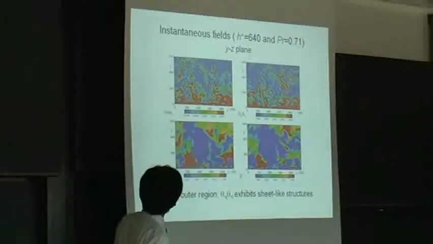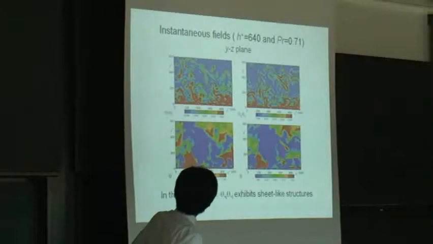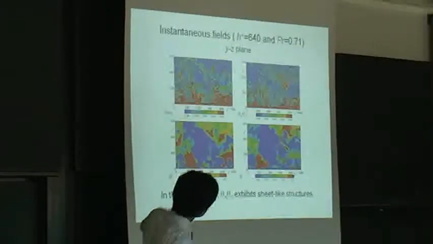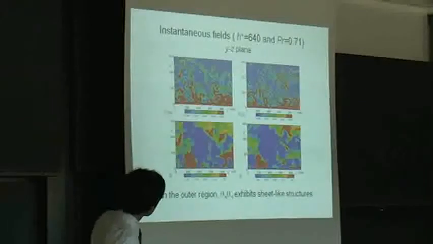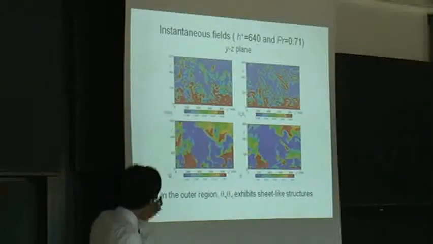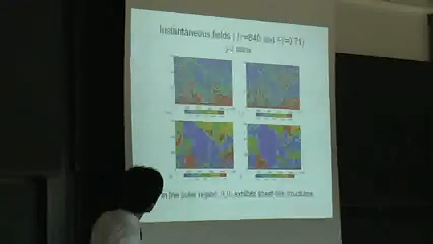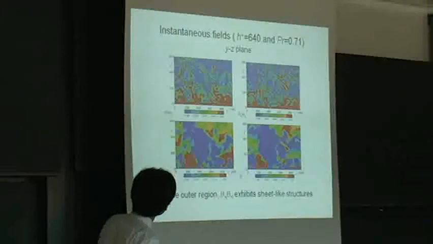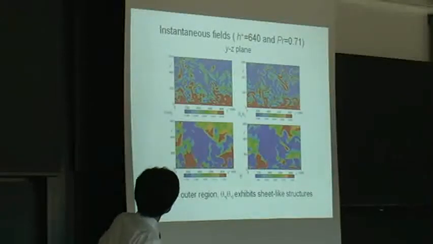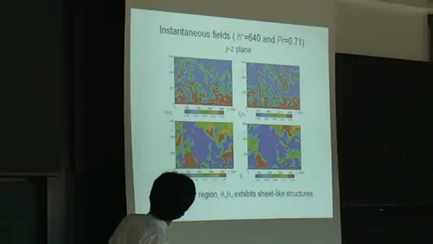I'll show 3 more slides. This slide shows the instantaneous field, cross prime. The focus is on the outer region. As you see, the similarity between U and theta in the outer region is not as good as in the near region. So the similarity between the enthalpy and the scalar enthalpy in the outer region is not as good as in the near